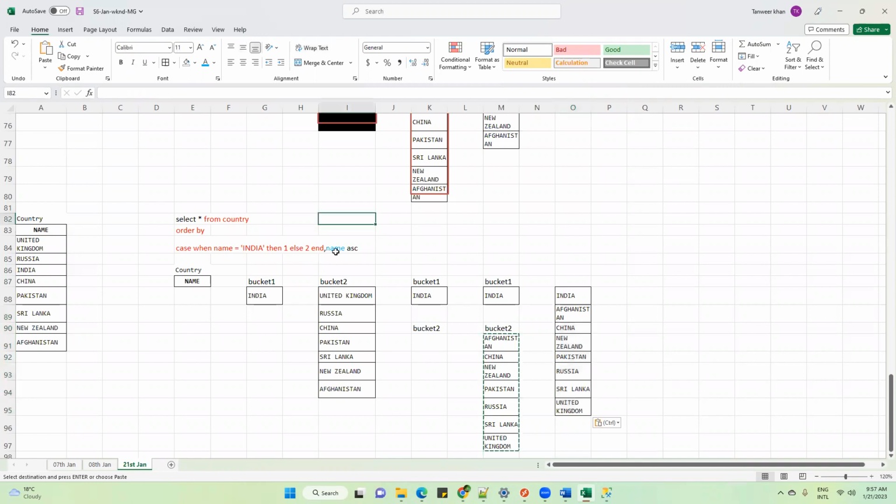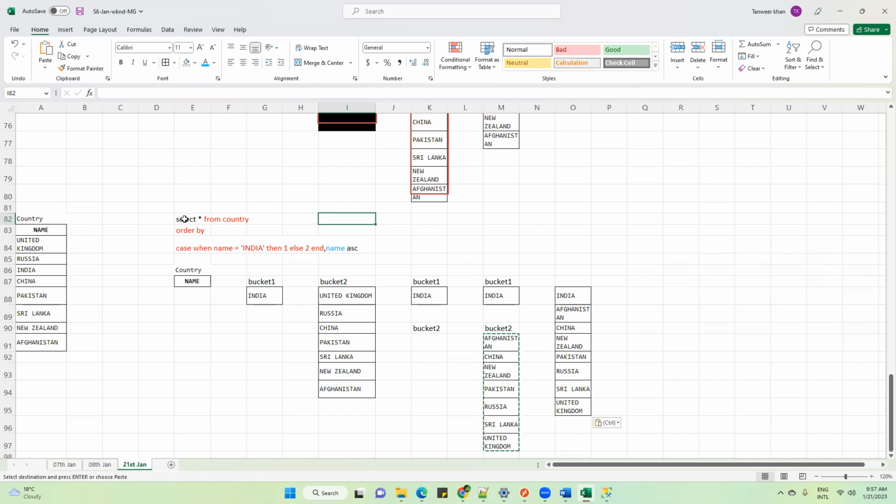So it's very simple. The last name which I have written, the meaning of this is I am telling the SQL engine to enter in these buckets and sort it. That's all. Now the engine has entered bucket number 2, and it has sorted it. That's all. Very simple. And then it has displayed here.